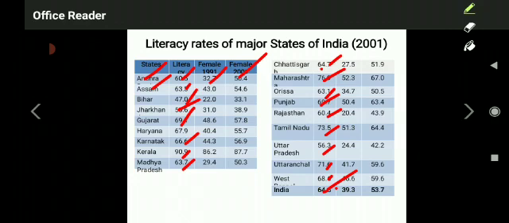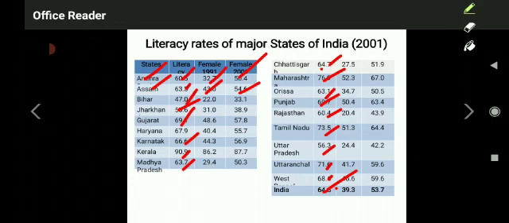And look at Assam, for example, for the situation of female education or literacy rate. Assam's female literacy rate in 1991 was 43%, and it was 54.6% in 2001. Look at Bihar: it is 22% in 1991 and 33.1% in 2001. Like this we have the different states' female literacy rates in 1991 as well as 2001.